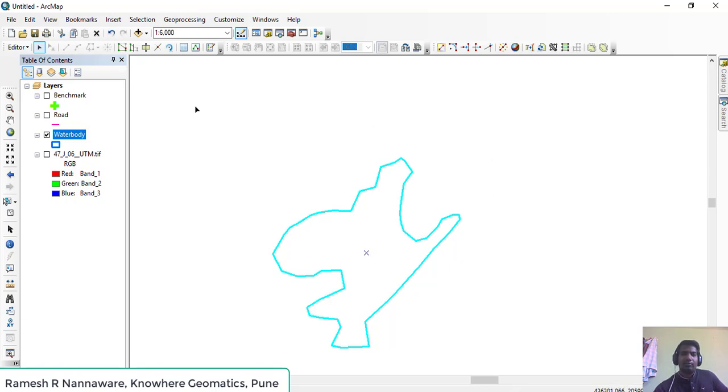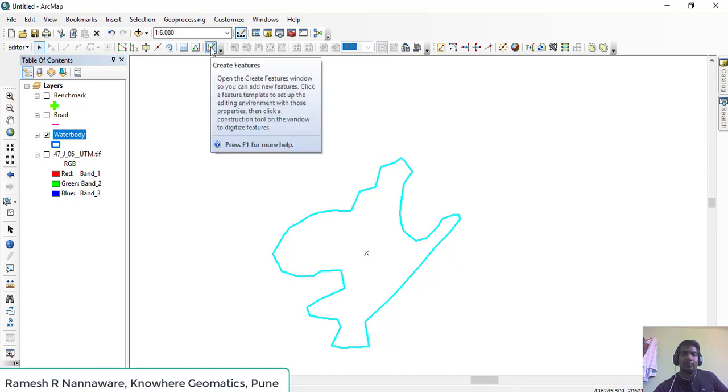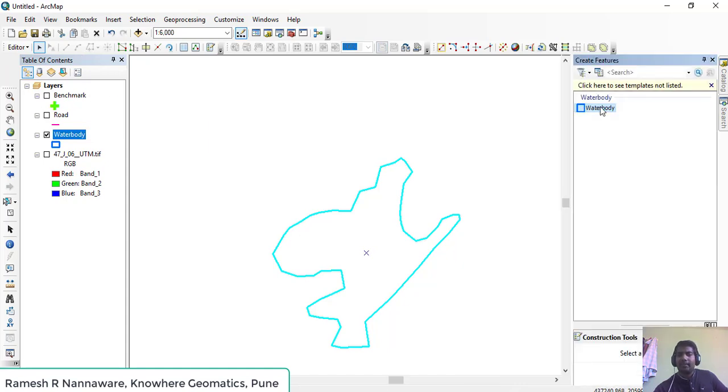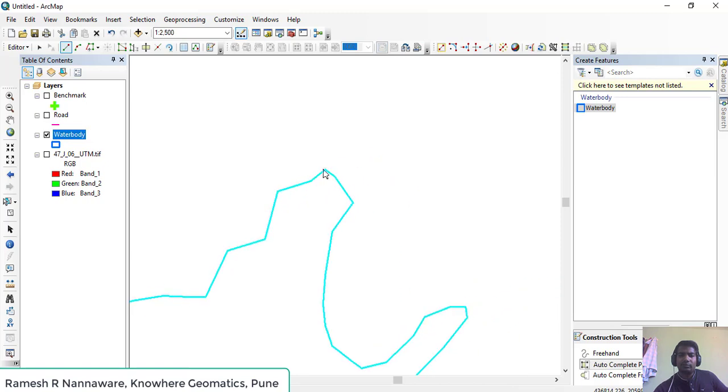Editing has been started, so I will click on create features and select the layer, water body, and in construction tools I will click auto complete polygon. After taking this option, suppose the boundary of the other villages is common from this particular point.